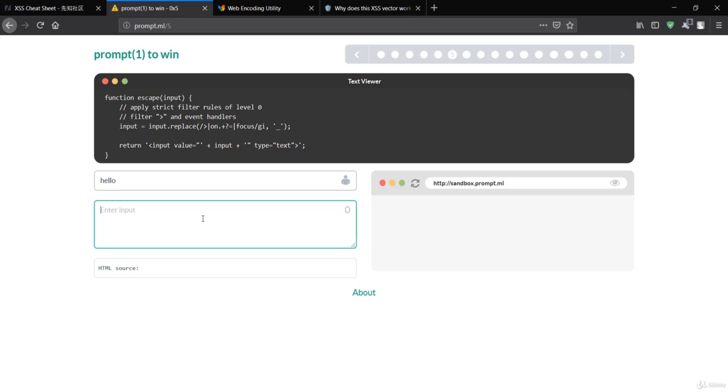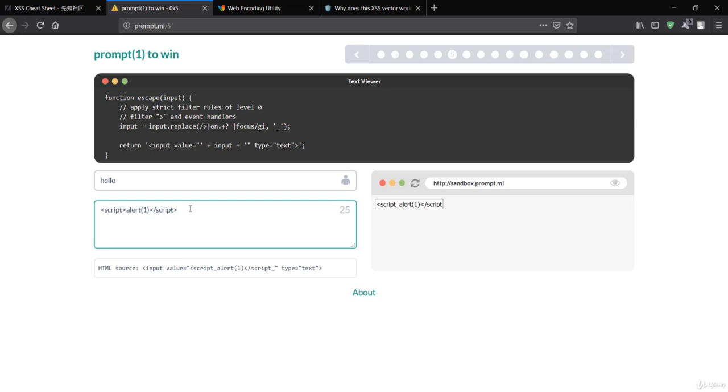So let's do something over here. I want to say hello. When I say hello, it has been reflected in the field. This is the way you can see something is inside this value field. So if I make my simple payload, which is my script, and say alert 1 and close my script tag again, then you can see something is happening over here.